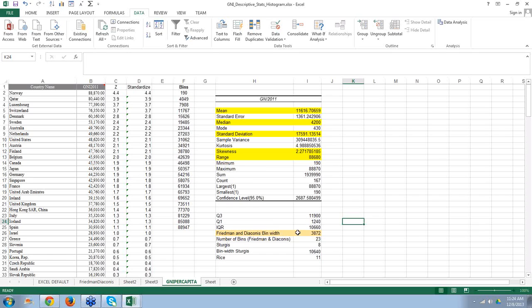1,240. Now the interquartile range is just the difference between the third quartile minus the first quartile. So here you see the interquartile range is 10,660. So once we have the interquartile range, we can compute the Freedman and Diaconis bin width. So how the bin width is calculated is 2 times the interquartile range divided by the cubic root of the sample size being 167. So I put 167 to the power 1/3 to obtain the cubic root. So according to Freedman and Diaconis, we should use a bin width of